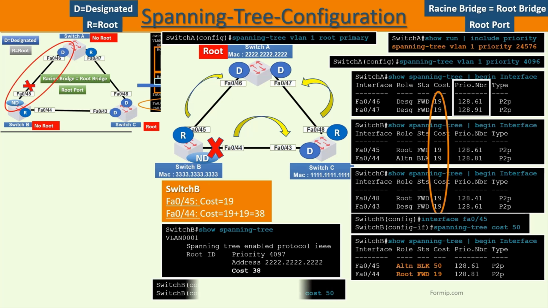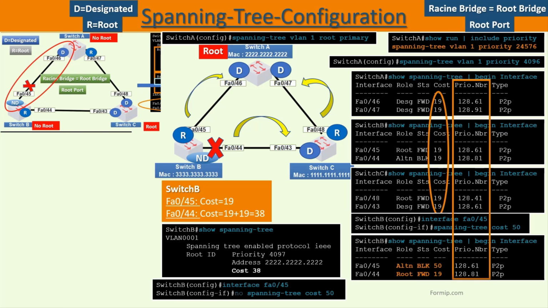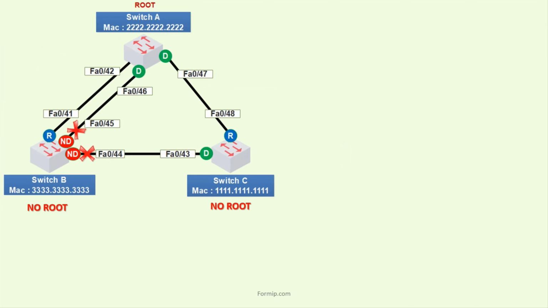Before continuing, we will return to the initial state by deleting our last command. We have just seen that it was possible to modify the original path by playing with the cost of the ports. We will now see that we can also influence the spanning tree by modifying the priority of the port. To see this in detail, we will add an additional link between switch A